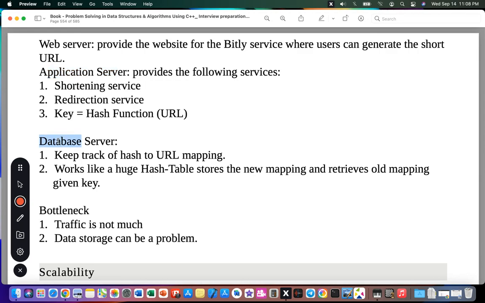The database server keeps track of the hash-to-URL mapping and works like a huge hash table: it stores the new mapping and retrieves the old mapping given a key. Just like a phone book, from something to another something.